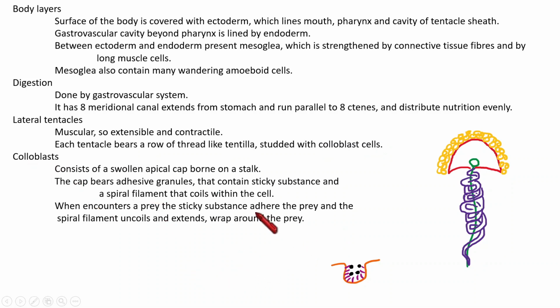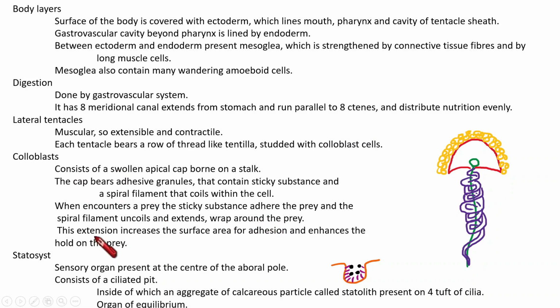So that is colloblast cells. And that extension of that spiral filament increases the surface area for the adhesion and also helps that organism to hold the prey. The next thing, that sensory structure we also need to understand that is present in